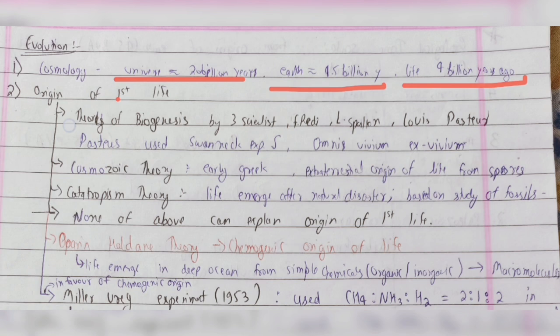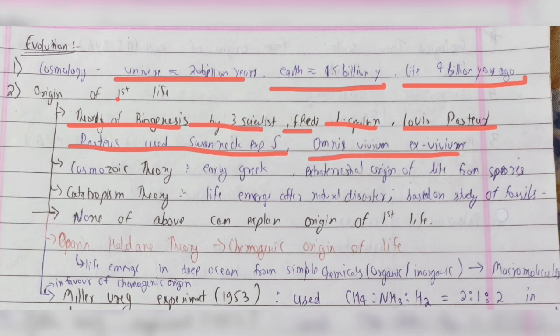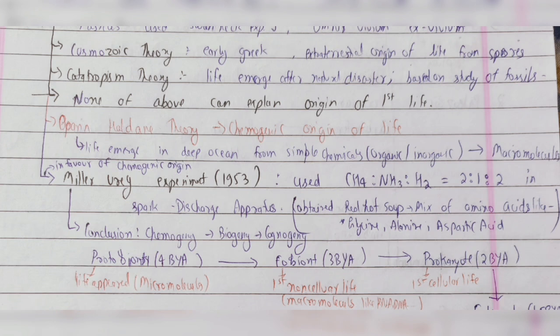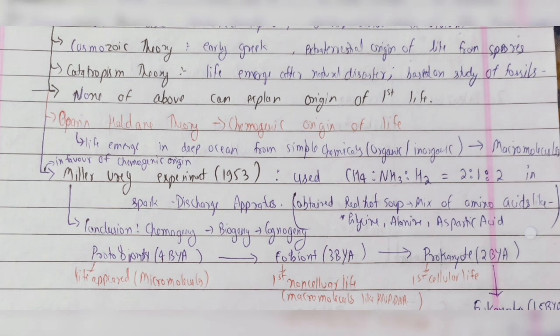So one of the earliest theories that was relevant after the theory of abiosis was the theory of biosis, which was given by three scientists, Francesco Redi, Leeuwenhoek, and Louis Pasteur. Pasteur used the swan neck experiment, and he also gave the term omne vivum ex vivo, meaning all new life emerged from pre-existing life. After the theory of abiogenesis came the cosmogenic theory, which was given by the early Greeks. It explained the extraterrestrial origin of life in the form of spores that came from